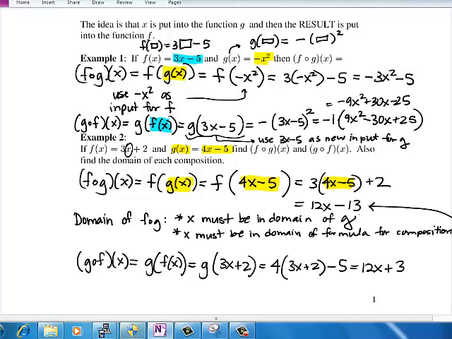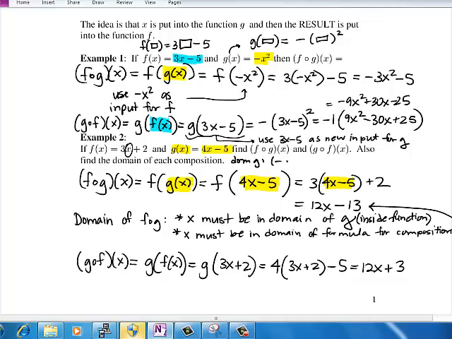We don't want to only look at that final formula, because we also know that x has to first pass through that inside function, that g function in this case. So g is the inside function. So it's like we have 2 steps to consider. First, we consider what's the inside function, and then we consider what's that final formula, and we want to make sure that x is in the domain of both pieces. In this case, the domain of g is all real numbers,